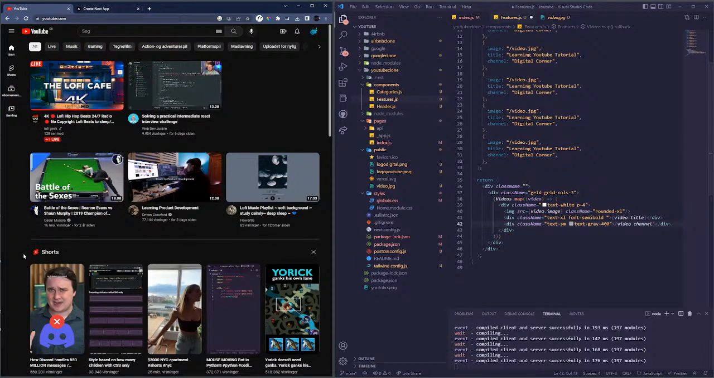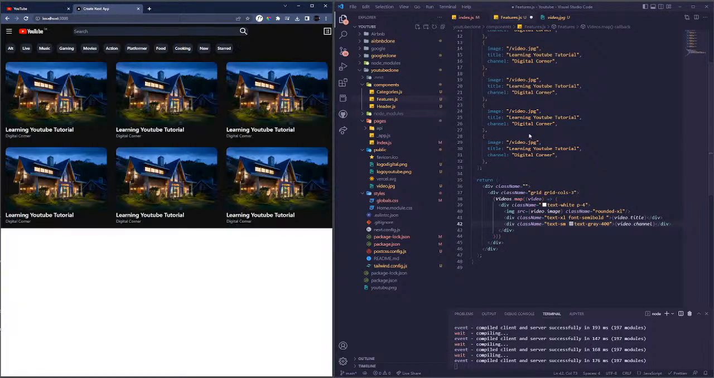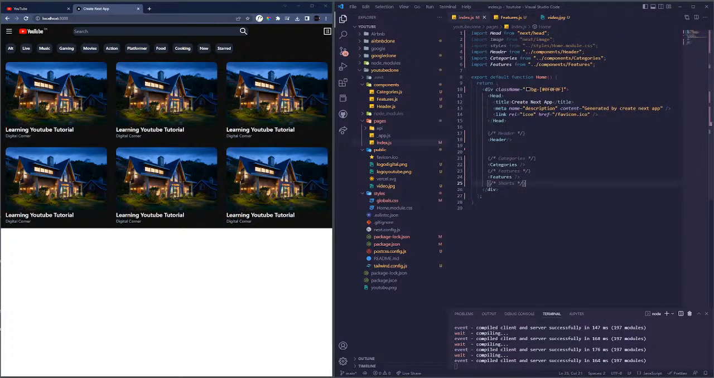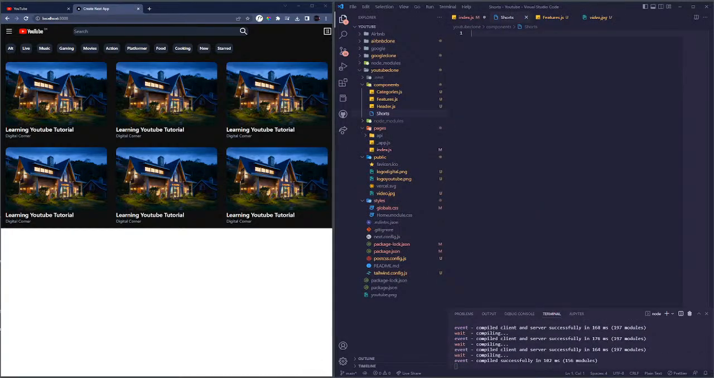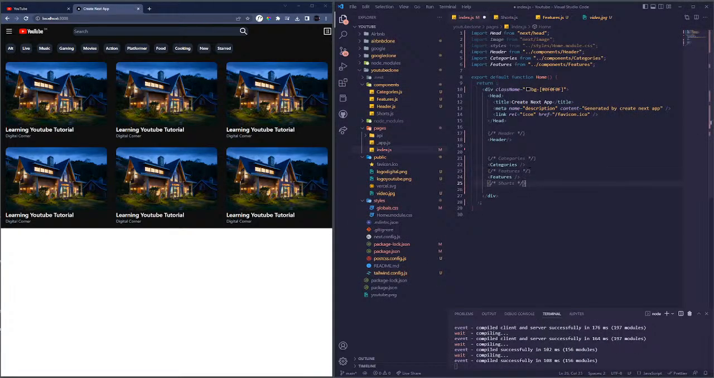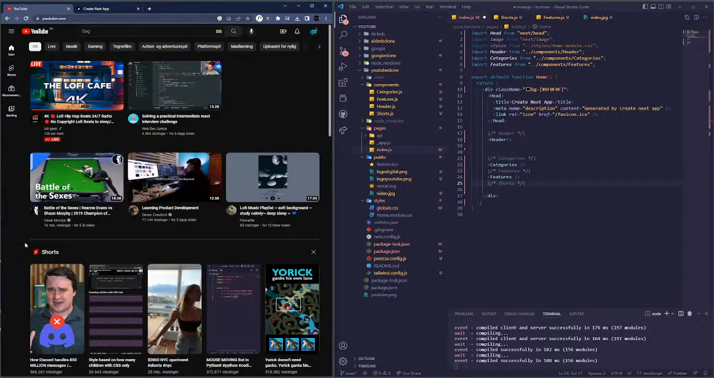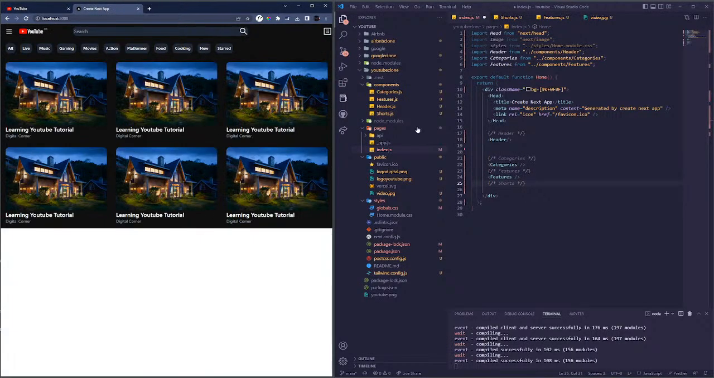Yeah, let's do the shorts one. It's pretty much the same, but I think it's good to practice the same stuff also. We create a component called shorts.js, of course. First of all, we go to the index. We want this line right here. We want it to be here, so we can do something like